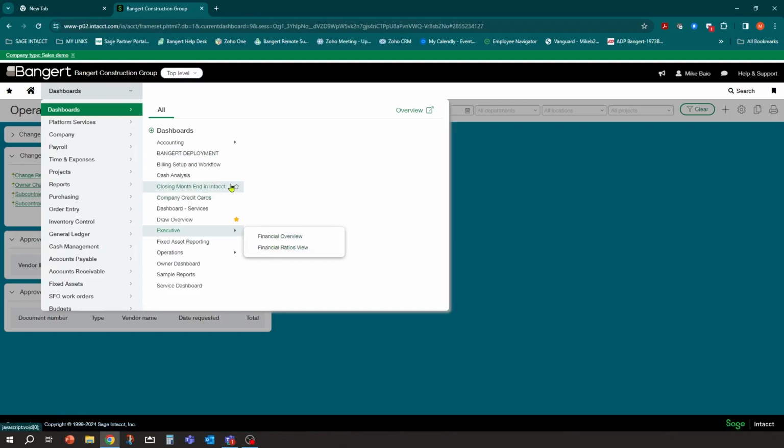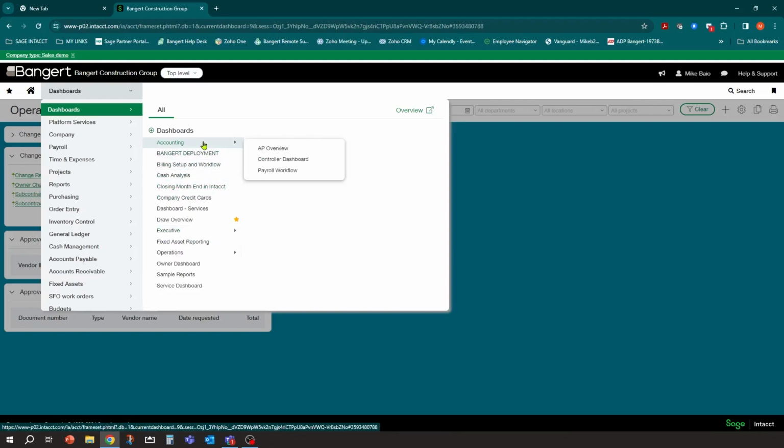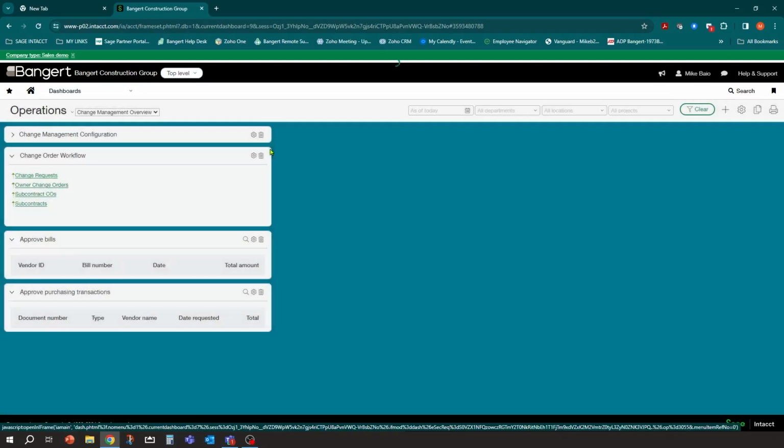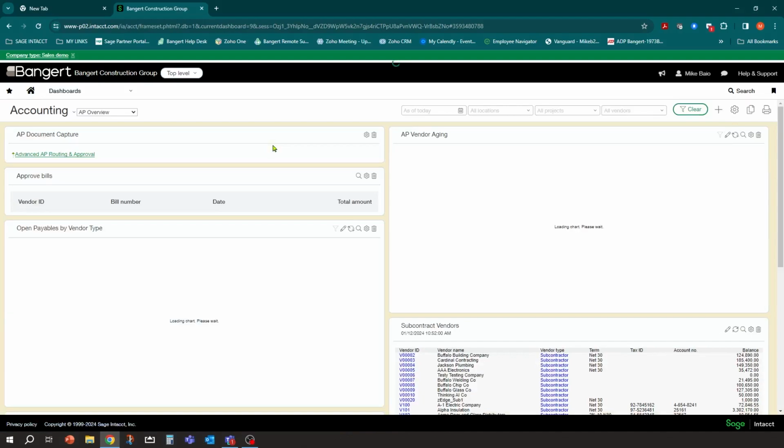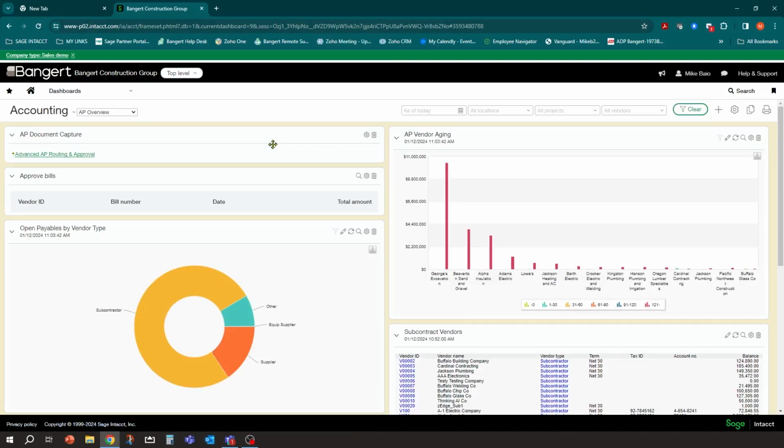Now, what's really nice about these dashboards, it can save you a few clicks. So for example, if I'm in accounting and I'm in accounts payable overview, you should have noticed a new little drop-down list in the top left of your dashboards. This wasn't here before.